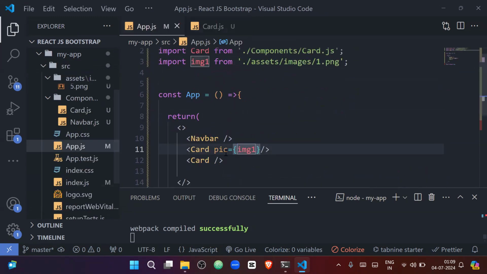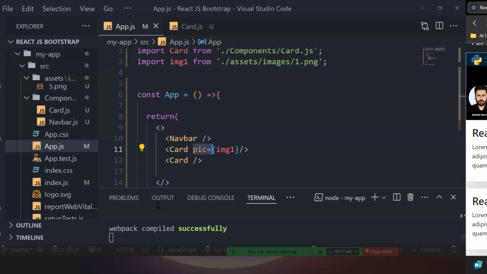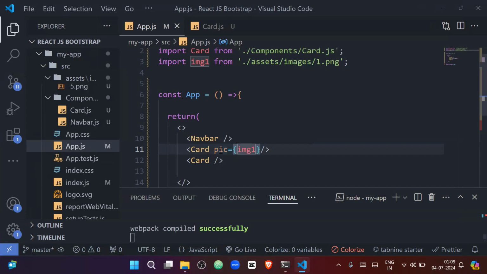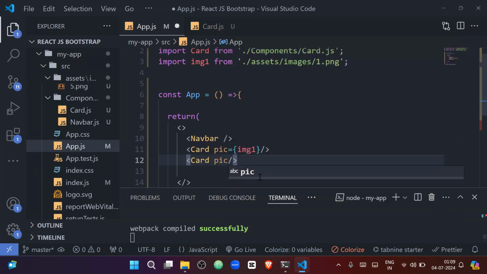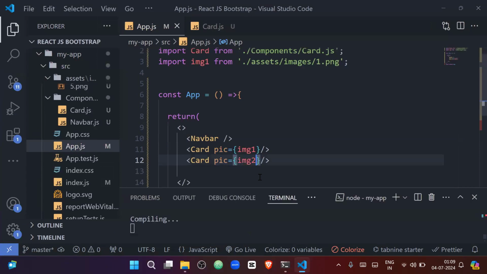Okay, this attribute we are calling. So see what's the output. This first card is getting the image, but the second card is not getting the image. Why? Because we defined that each card has one attribute called pic, but for this card we are not using any pic attribute, so we need to use the pic attribute, and here we will mention image2, but there is no